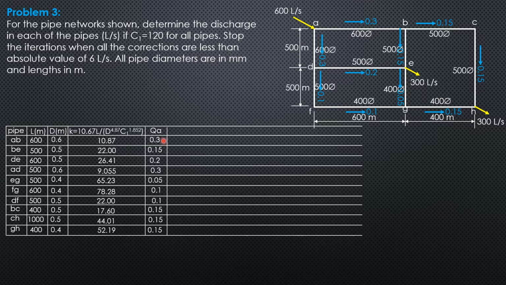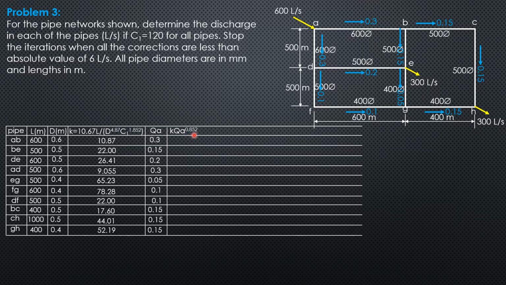So substitute here, put it in the table. So 0.3 BE, 0.15 DE, 0.2 AD, 0.3 EG, 0.05 FG, 0.1 DF, 0.1 BC, 0.15 CH, 0.15 GH, 0.15. So it's okay. Next is KQA to the